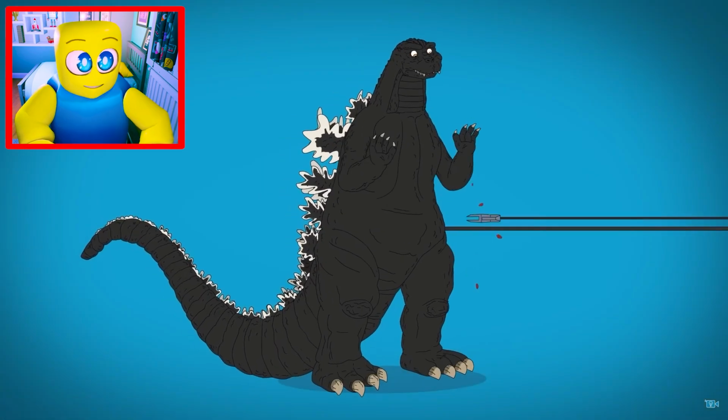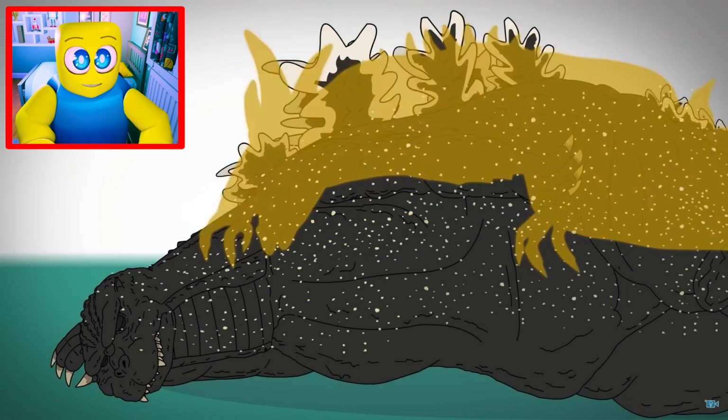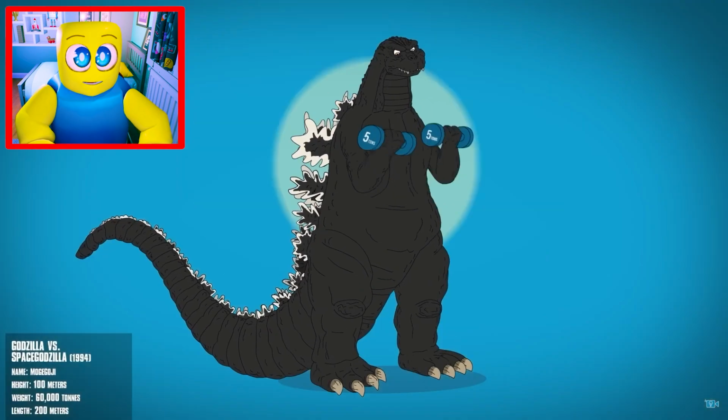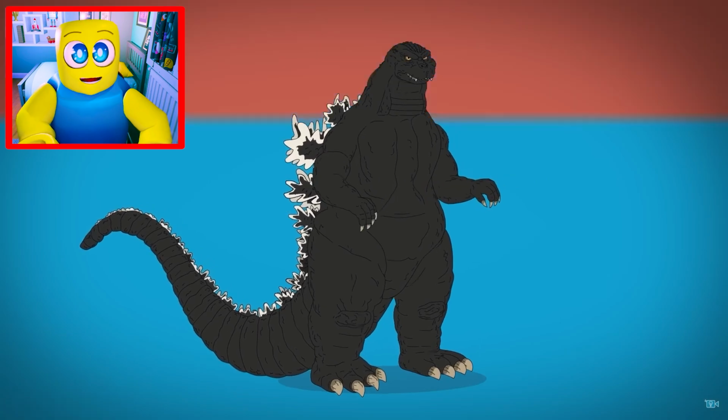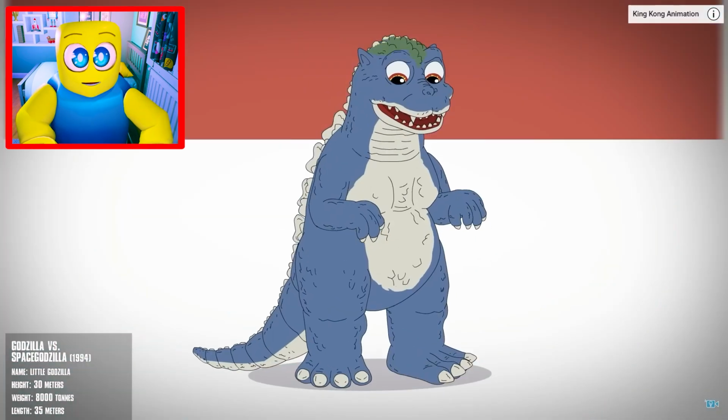This time he's defeated when his butt brain is destroyed, but he's easily revitalized just moments later. Godzilla vs. Space Godzilla features the bulkier original Godzilla with less detailing in the neck and larger eyes, Godzilla Jr., who is taller and chubbier with a greener color scheme,